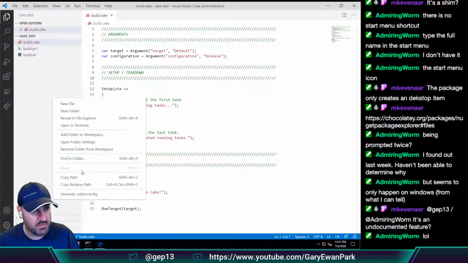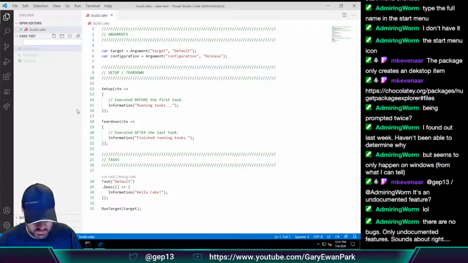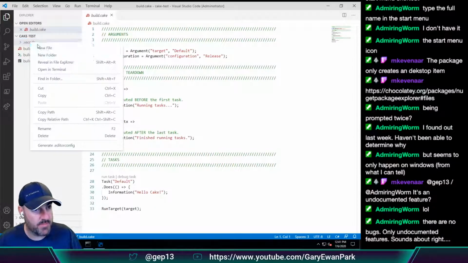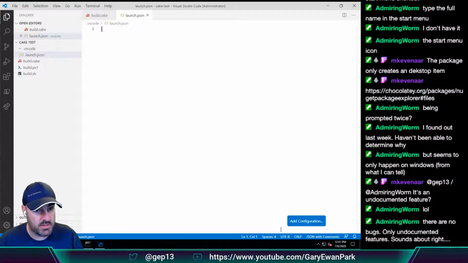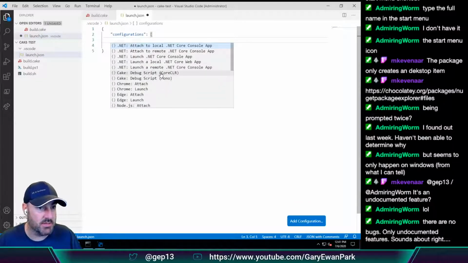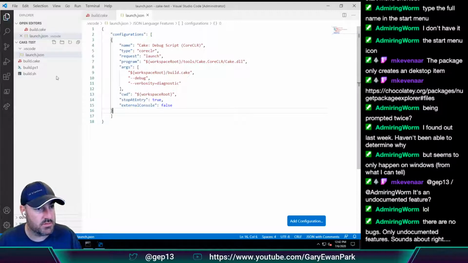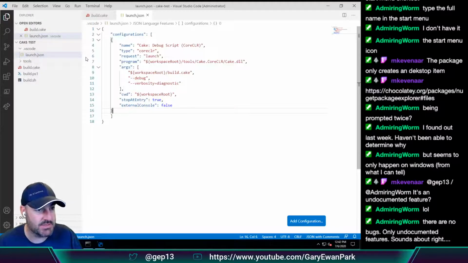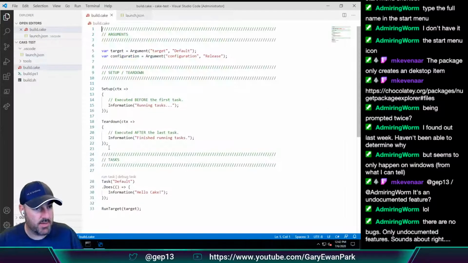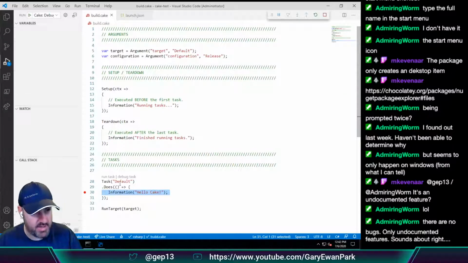But if we create a new folder here, .vscode, and then in there we create a new file called launch.json. Then in here I can add a configuration that is a cake one, and then if I go up to here and do a cake to install debug dependencies, let's get those installed, and then on my cake script, if I walk up to here and put a breakpoint and hit F5,